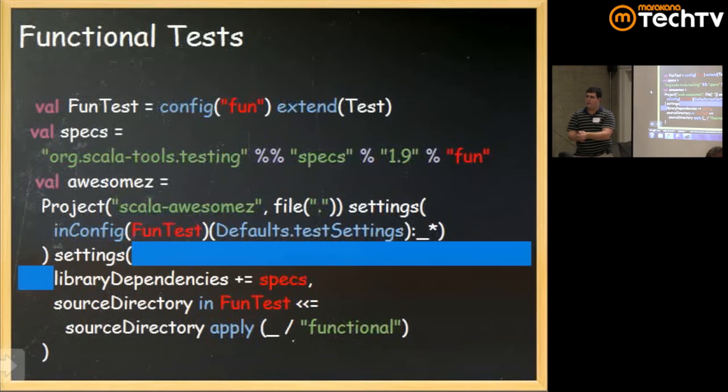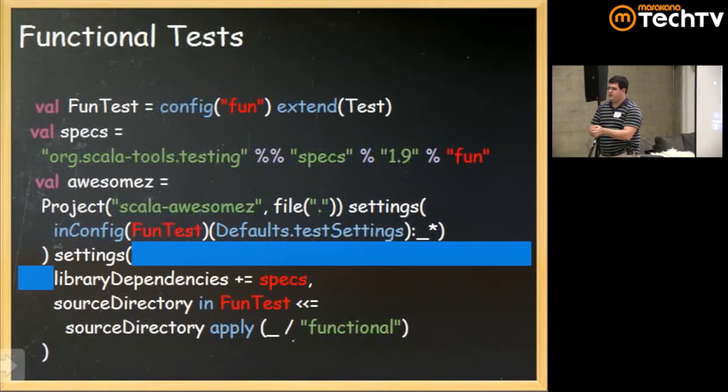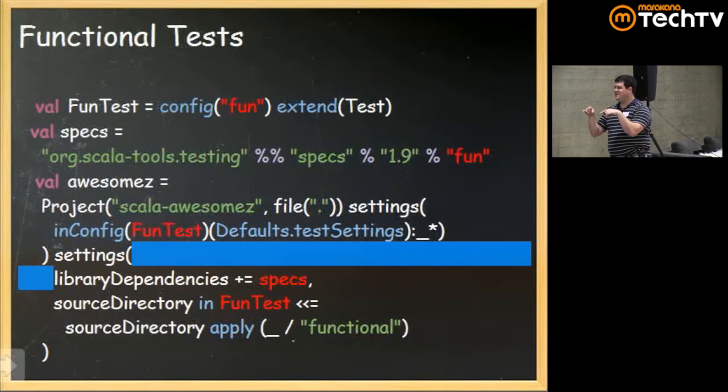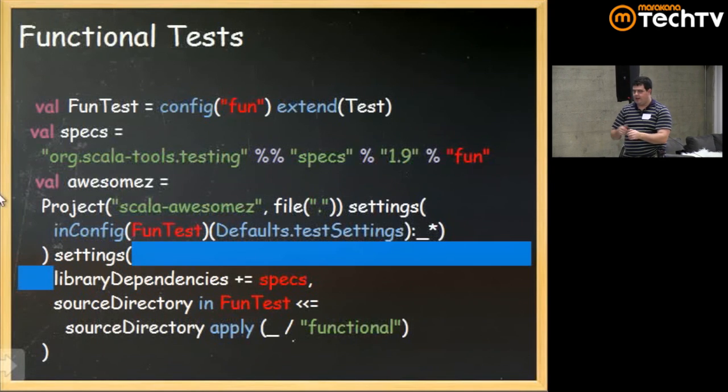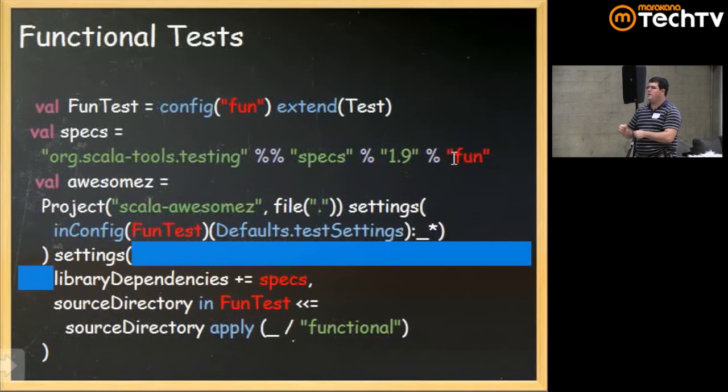So now I will have fun:test that I can call inside of SBT, and it will compile everything in fun:sources and run them, okay? I can depend on specs and put it in the fun configuration, and it will only be used for my functional tests. So I can use Scala test for unit test and specs for functional tests. That really should be Scala check, because I like Scala check for functional tests. Anyway,